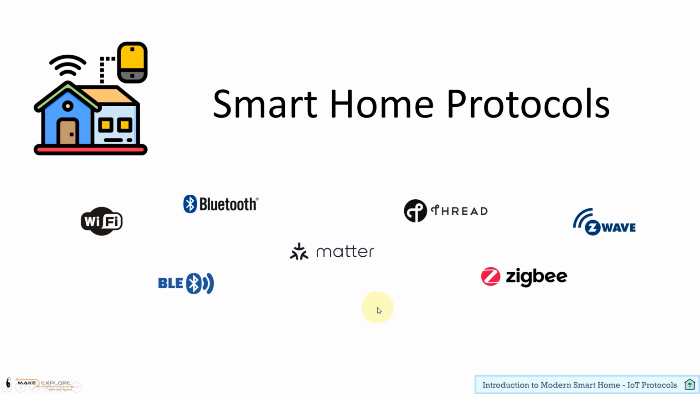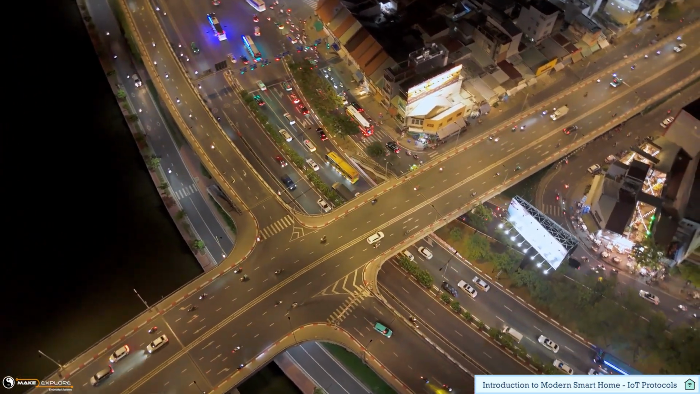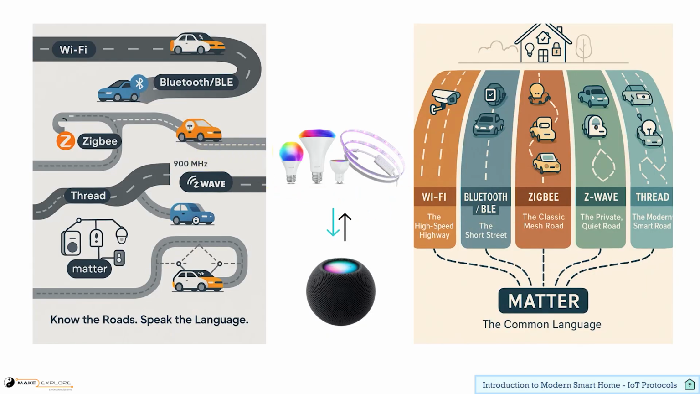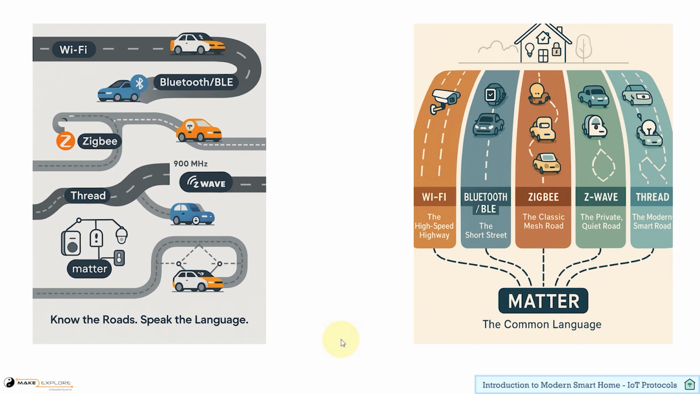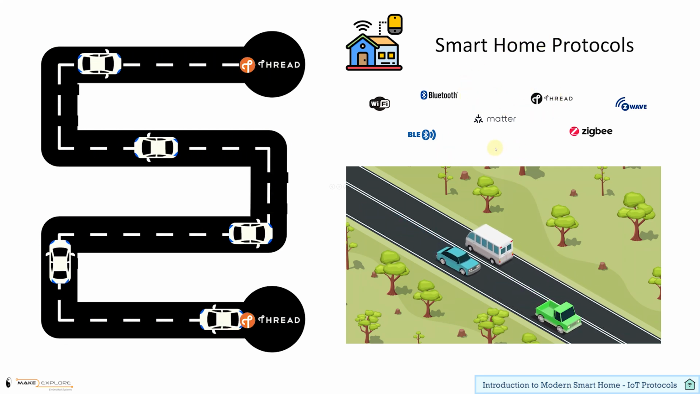Let's make it simple. Let's start with a simple analogy. Imagine your smart home as a network of roads and vehicles. Each one is like a different road system your devices use to communicate. And the smart devices mean the cars or vehicles which support that network protocol, allowed to travel on that specific